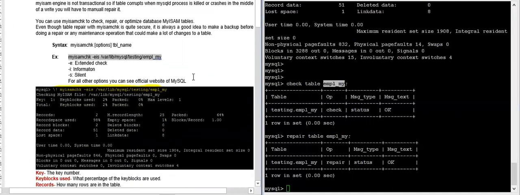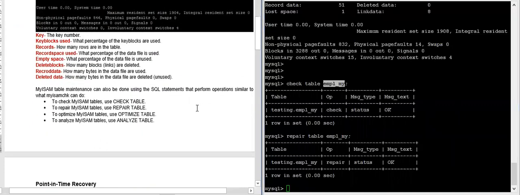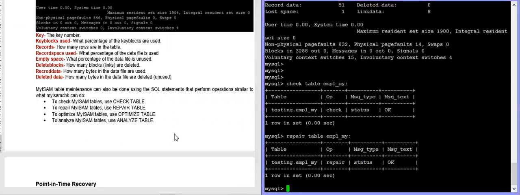We have discussed two things: the myisamchk utility, and the check table and repair table commands. Optimize table and analyze table we already discussed. Suppose you think that you have deleted so many records from this table, but physically, if you see the table size, it is the same.